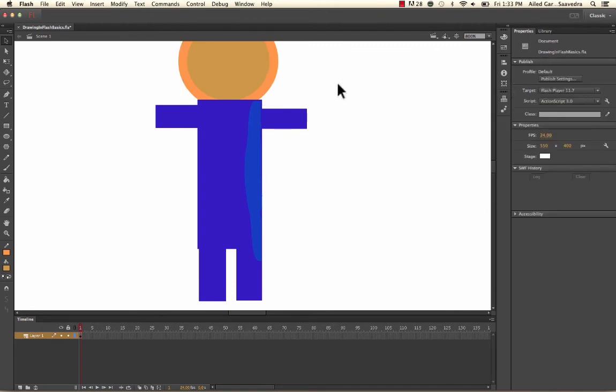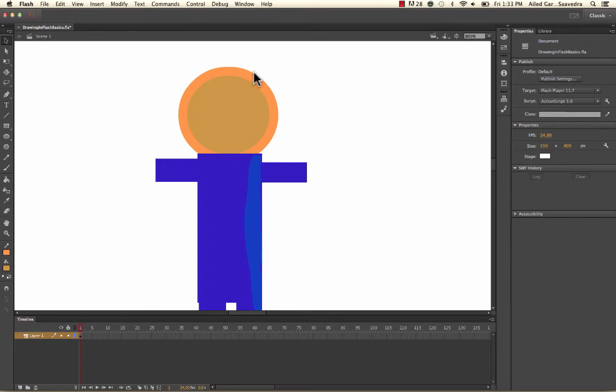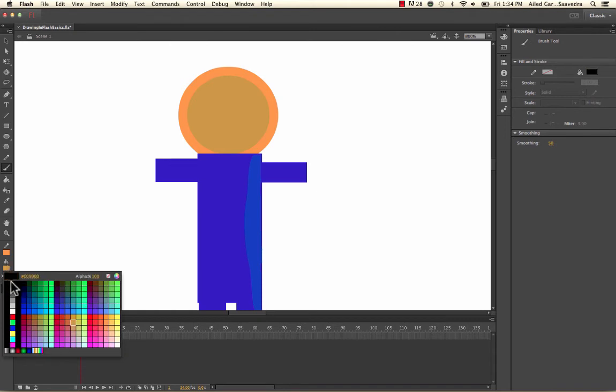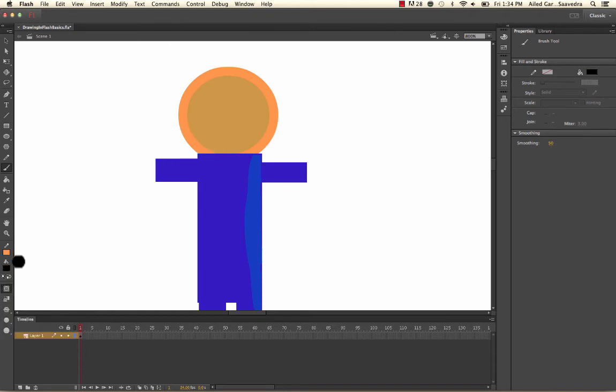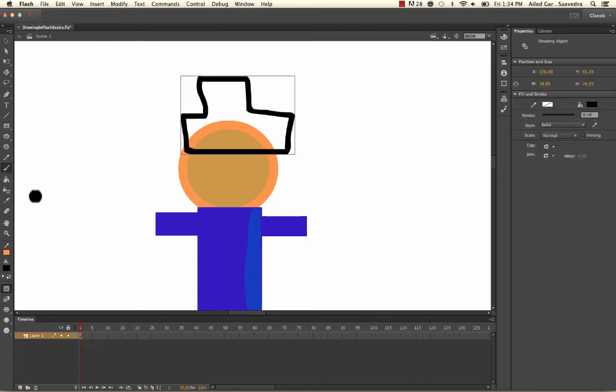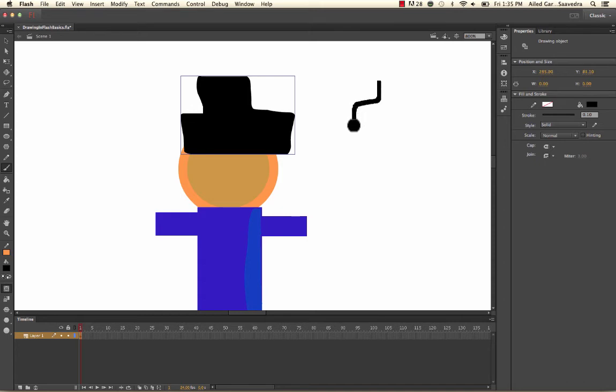What's kind of cool is say that you wanted to draw some hair behind his head or something on top of him. I'm going to show you these things called drawing modes. So I'm going to go ahead and grab my brush tool here. I'm going to draw a hat on him. If I'm just in regular drawing object mode, I can create a hat for him. I create this going all the way down, all the way across, where everything overlaps, just like in Illustrator. Then you can go in with your paint bucket tool and fill in the space as long as it's a closed shape. If you don't close it initially, I'll show you here, and you leave it open, you can't